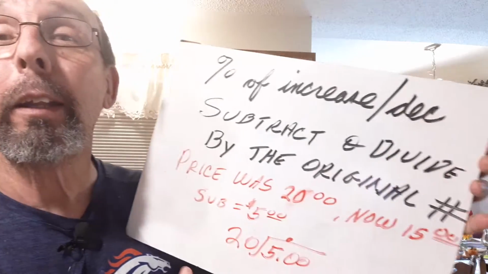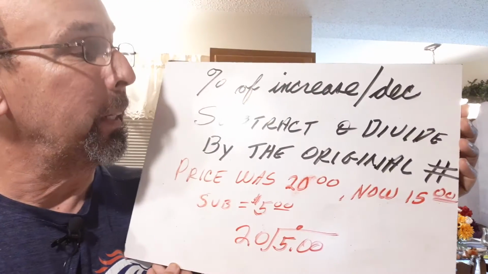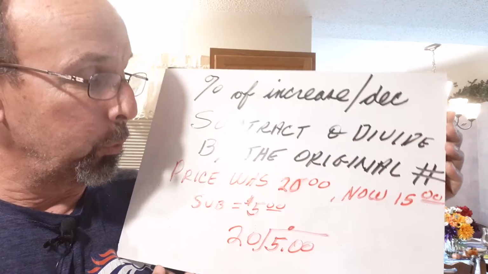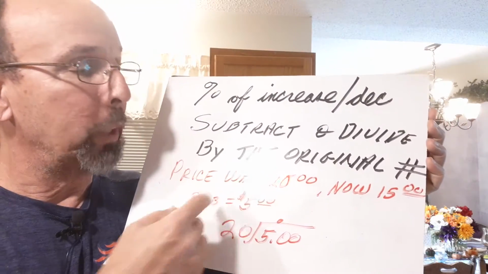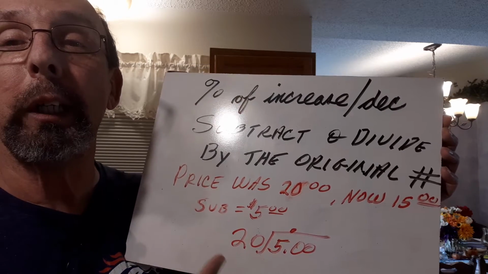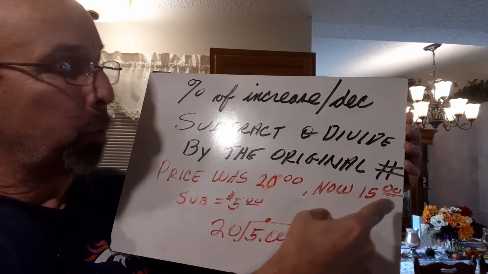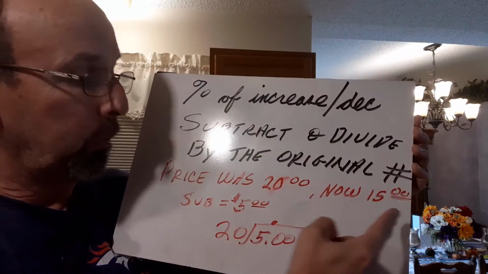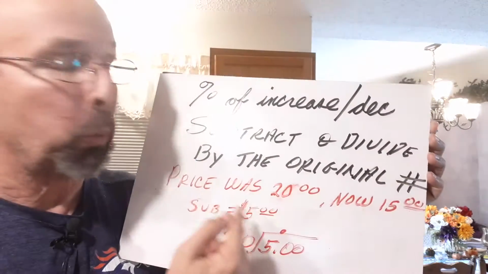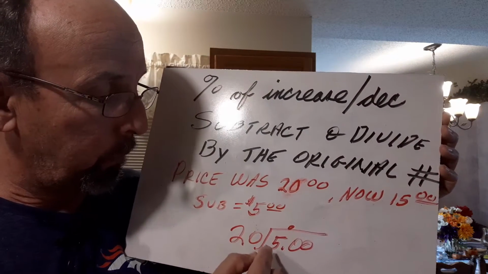Okay, all right. So the percent of increase and decrease: subtract and divide by the original number. The price was $20. Now it's $15. So that means you're going to subtract. 20 minus 15 gives you $5. You subtract and then you divide by the original number. What was the original price? 20. So you take your $5,